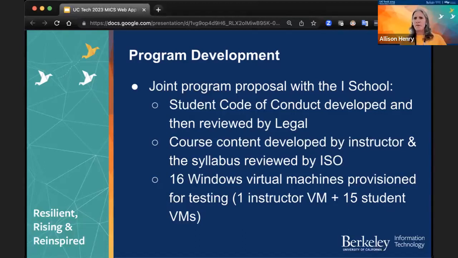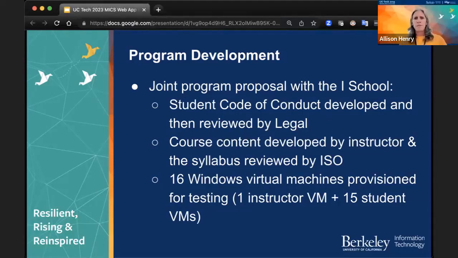We want to teach them that when you do web application security testing, you have to play by the rules. You have a code of conduct that you have to agree to. You have to have an understanding with the business team you're working with about what you will and will not do. We also worked on the syllabus because, again, there's the teaching part, and then there's the hands-on practicum part.